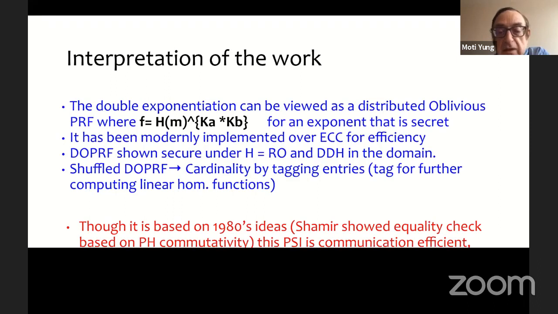Okay, so as I said, Shamir used it to show equality check, and equality is the poor man's private set intersection.